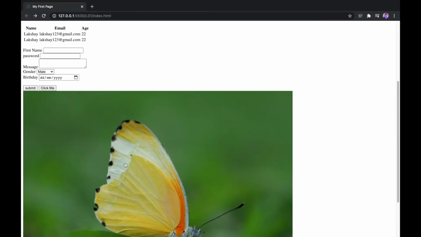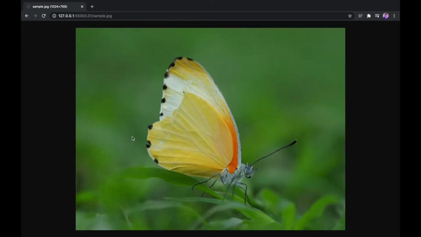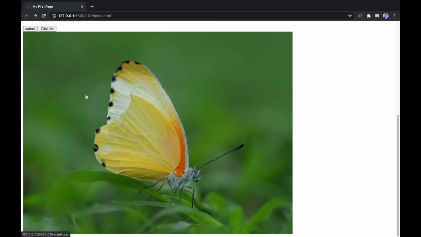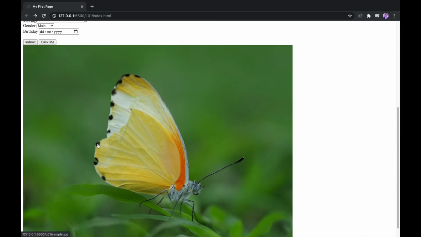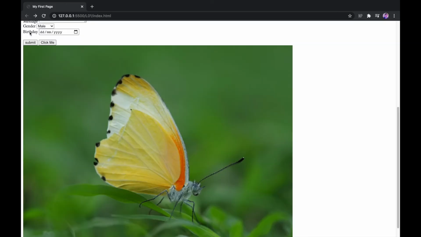Now what happens is, when you hover over it, you can see that there is a finger pointer that is saying that it is clickable and it has a hyperlink attached to it. So when I click on this particular image, it will open the same image in a full view mode like this. You might have seen these kind of things in Google Images. So yeah, I just wanted to show you that. Right. So these were some of the basic tags.